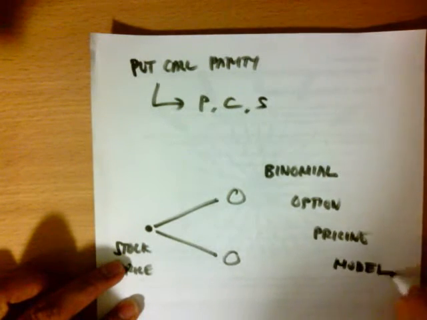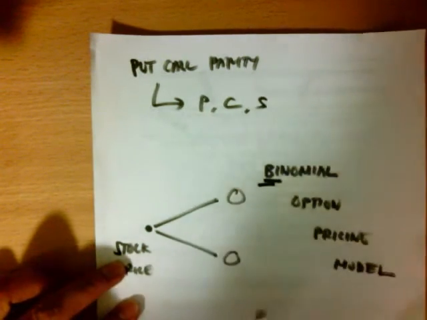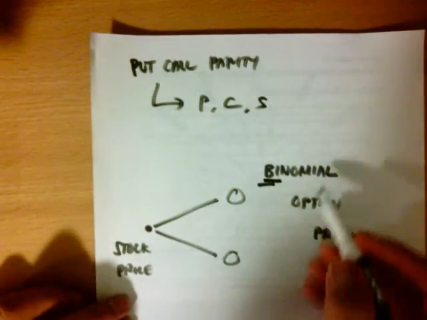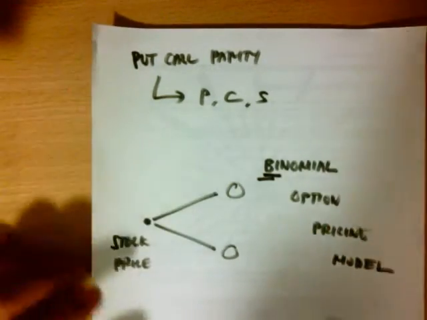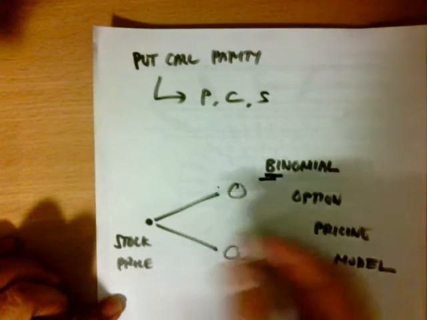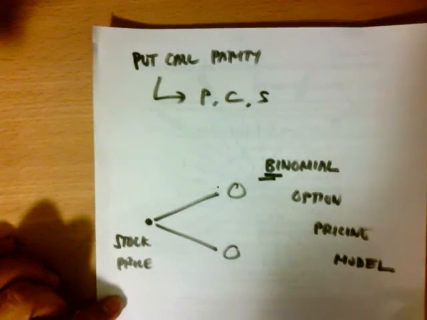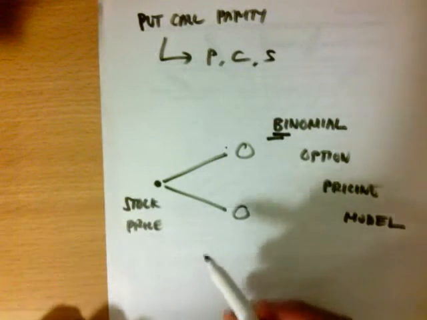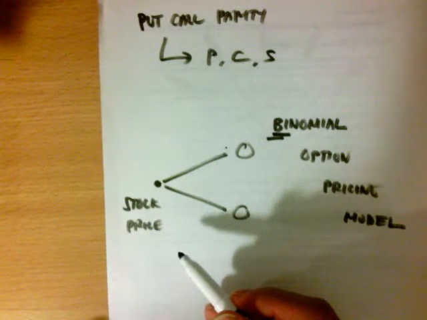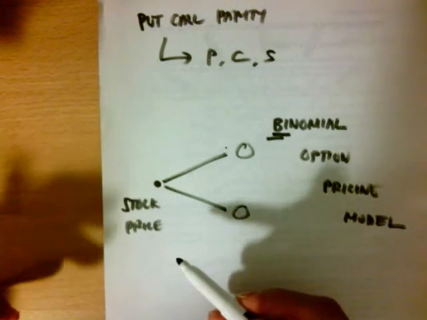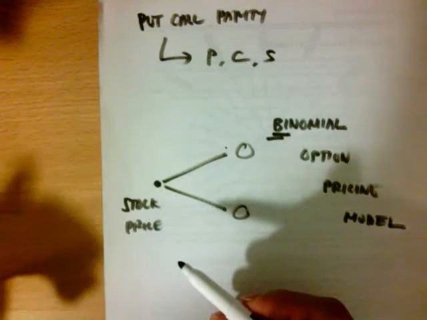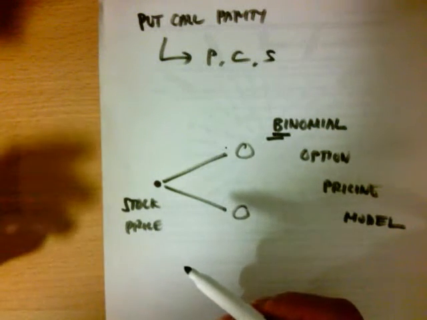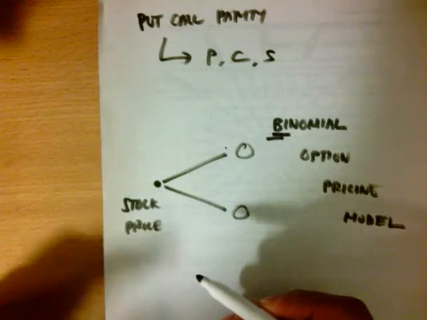Because when we talk about binomial, we have bi, and that means two. Nomial means that there are two nodes, so there are two possible scenarios, option pricing model. In reality, in practice, we know that stock price can change into so many, an unlimited number of possible